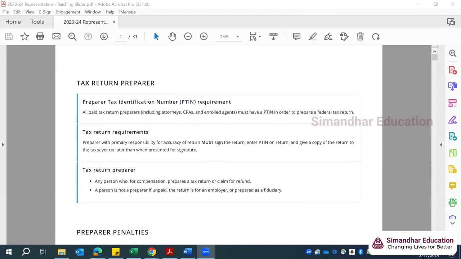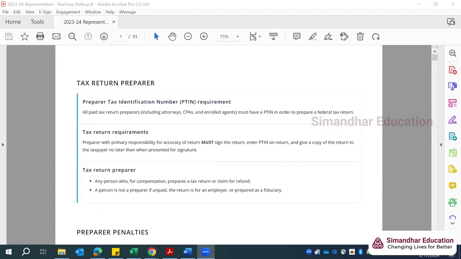Because we will speak about the positions and the disclosures, here we are going to understand certain definitions. So we will discuss what are the different standards that are laid down by the Internal Revenue Service,